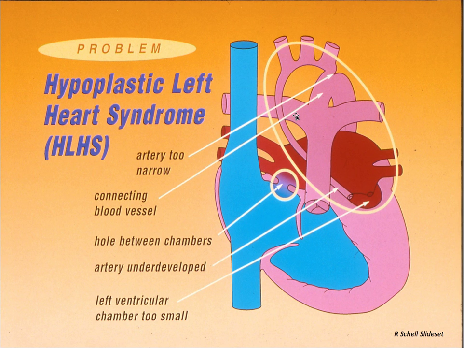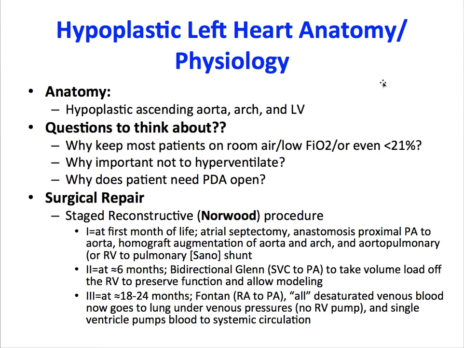Again, if we hyperventilate the patient, PVR goes down. Blood goes out the pulmonary artery and goes preferentially to the lowest resistance, and if that's the lung, it goes to the lung. Your saturation initially looks good, but there's not good systemic blood flow, and not good blood flow to the arch vessels and to the coronary arteries. So we don't want to hyperventilate. We want to keep their FiO2 low, and they obviously need that ductus open to keep blood going to the